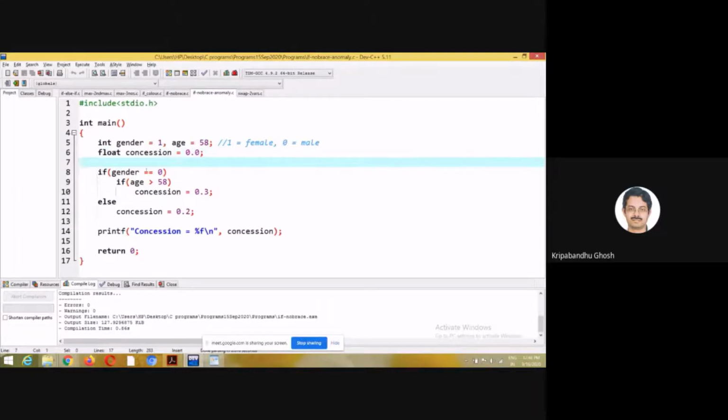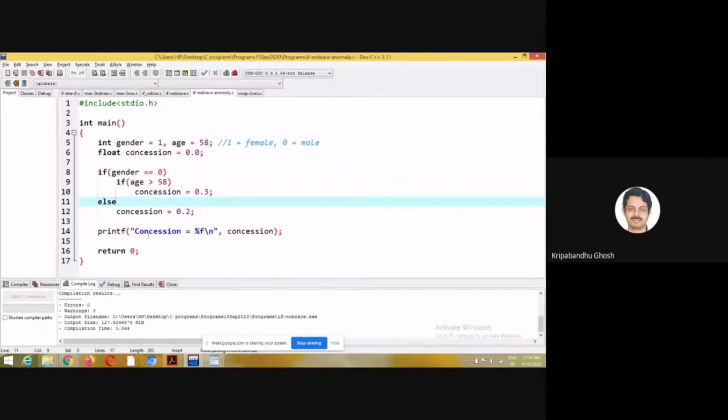So if gender equals 0, if age greater than 58 concession, else concession equals 2. If you go by the indentation, it would appear that this else is under this if, but that is not true, because if you don't provide the braces, the closest if-else pairs will be considered. So this if will pair with this else.